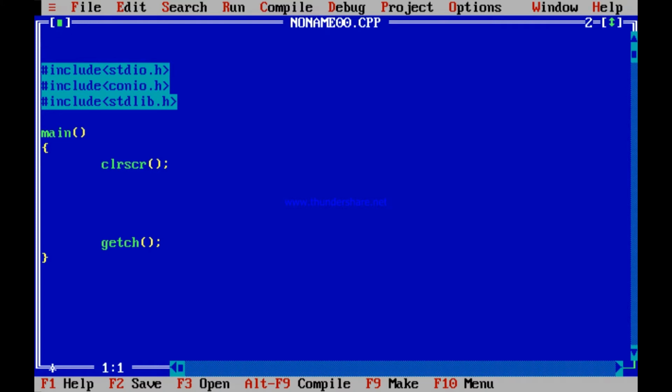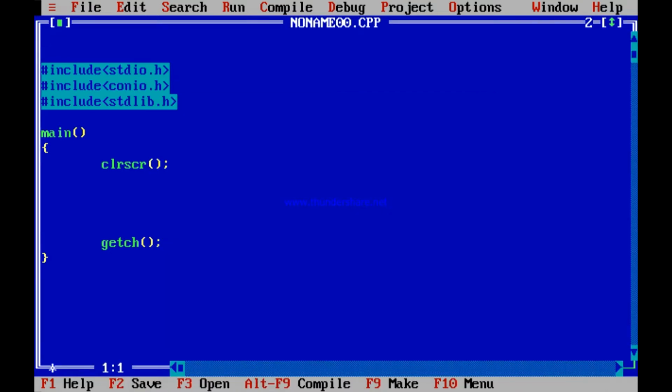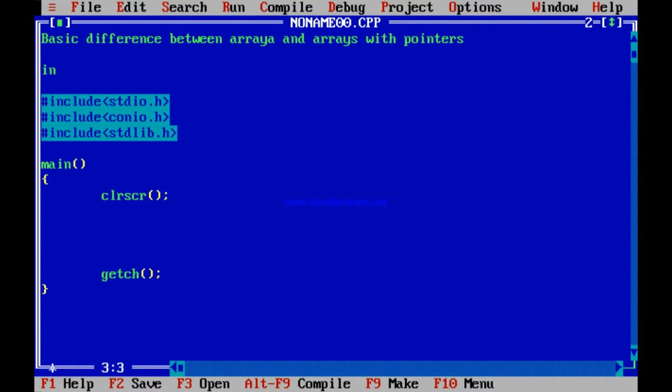Here I will be showing you three very interesting things. The first thing is a basic difference between arrays, only one basic difference. You have seen that arrays and arrays with pointers are almost the same, but there is a basic difference between arrays and arrays with pointers. So what I mean to say is, you understand that if I declare int a[n], it is